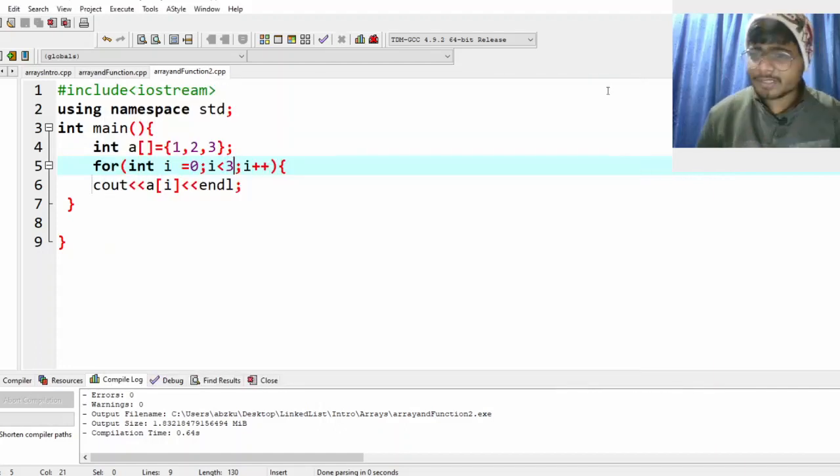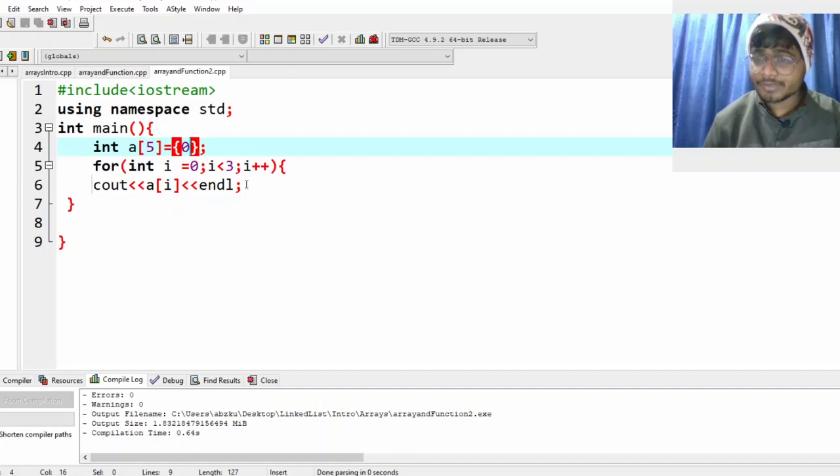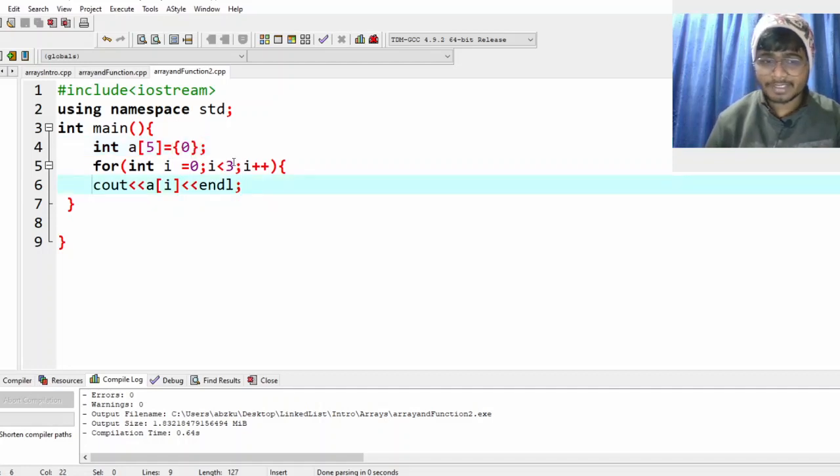Now one more thing. In the previous video we discussed that if I don't give anything, it gives me garbage values. If I want them not to be garbage, just make it 0. Just write 0, and let's say size 5. That means you're creating an array of size 5 and you have given only one element, 0. That means all of your array will be transformed from garbage values to zeros. Everything will be printed as 0. Want to check it? See,